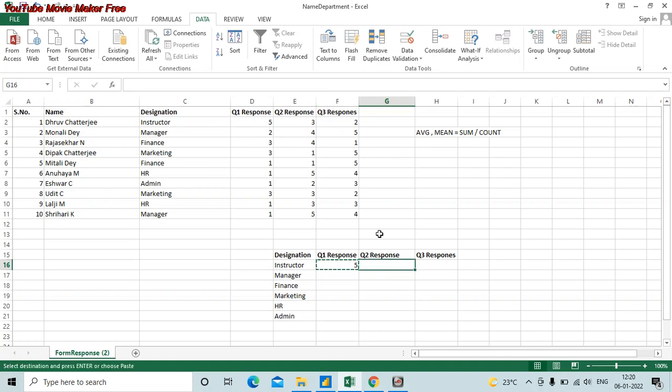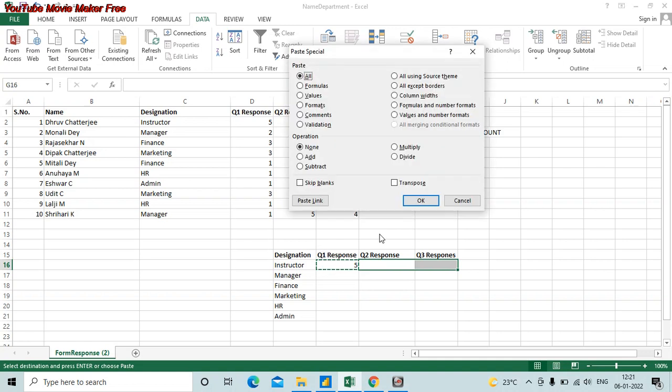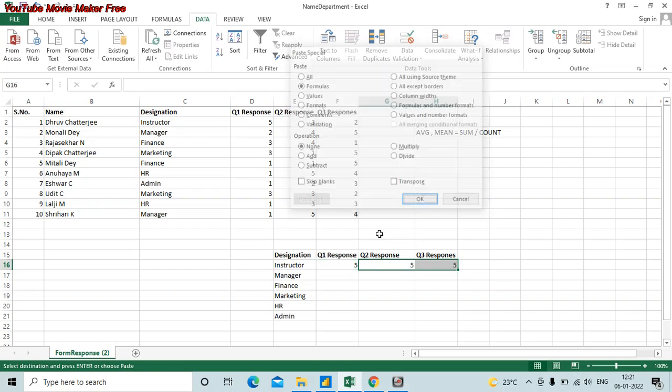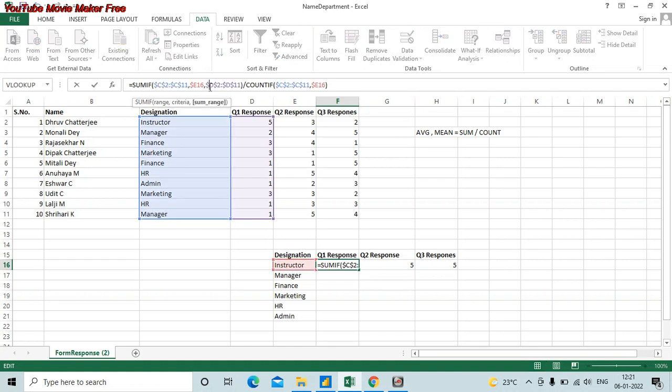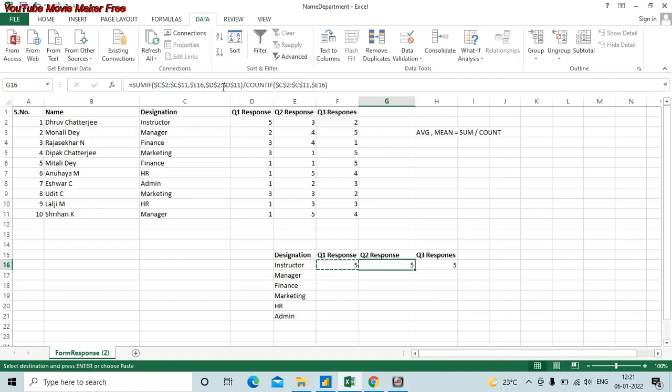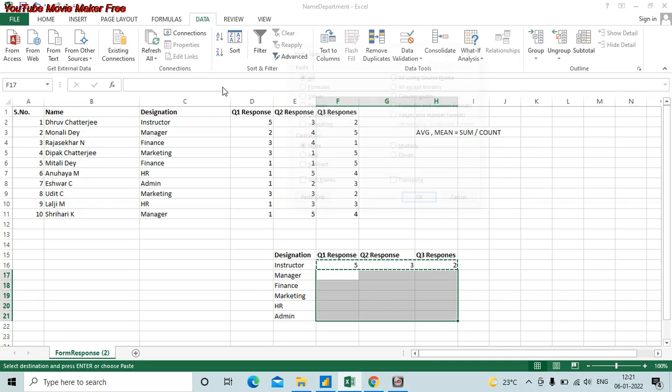So what I'll do is I'll just copy and I'll do a Ctrl-Alt-V, and this time I'm going to paste formulas, right? So I'll press F here and paste the formula here. Now we end up with 5 in each of these columns, and that is because we have not fixed the column correctly. We have fixed the column D here. We should not have done that. We can just unlock the column D, and now this formula can be copied over to the right as well, and to the entire range as well, right? Remember to paste formulas.